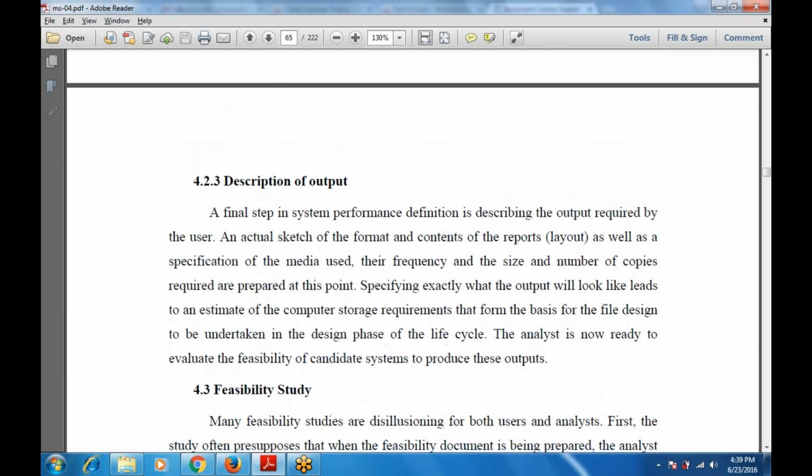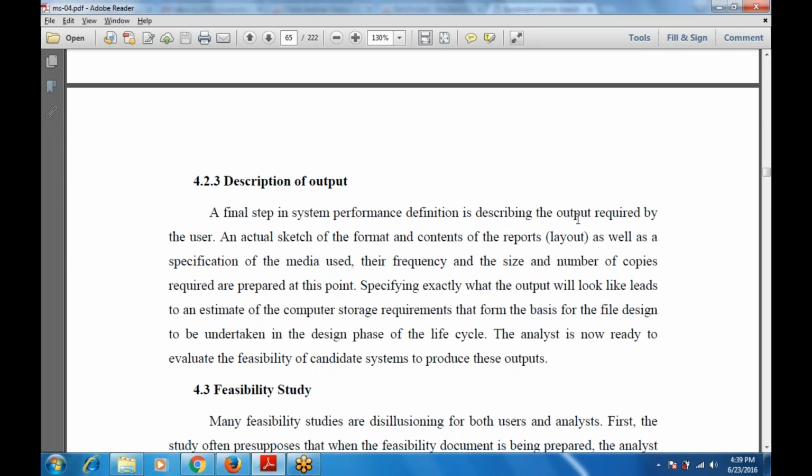Now next is the description of the output. How can we describe the output? The final step in the system performance definition is describing the output. Describing the output means describing the layout and the report required by the user. There is an actual sketch of the format and content of the report, that is the layout, as well as a specification of the media used, their frequency, their size, and the number of copies